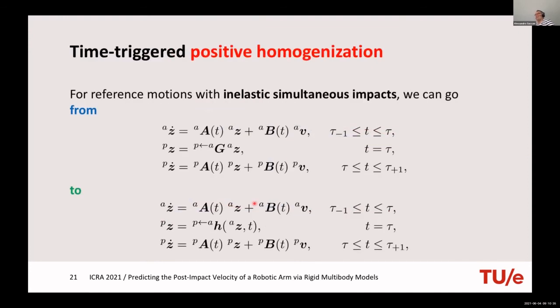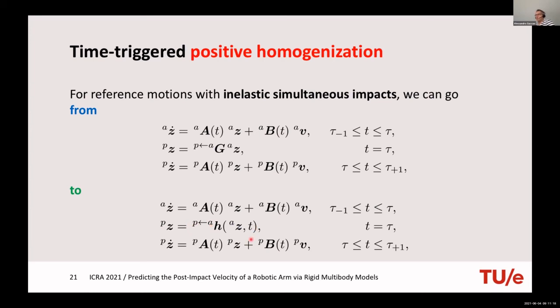But what we've done in the recent years, and that's exactly what I wanted to convey as a message, is that we were able to extend this kind of thinking to inelastic simultaneous impact. So we go from this type of linearization where you say, hey, I have a linear time varying system, which is linearization about the reference trajectory as a function of time. Then there's a jump at the nominal time, and then I continue. Now we figured out that we can do the same thing also with inelastic simultaneous impacts, but we have to change the impact map. And this impact map cannot be linear. That's our surprise, what we found: it cannot be linear, it has to be positive homogeneous.